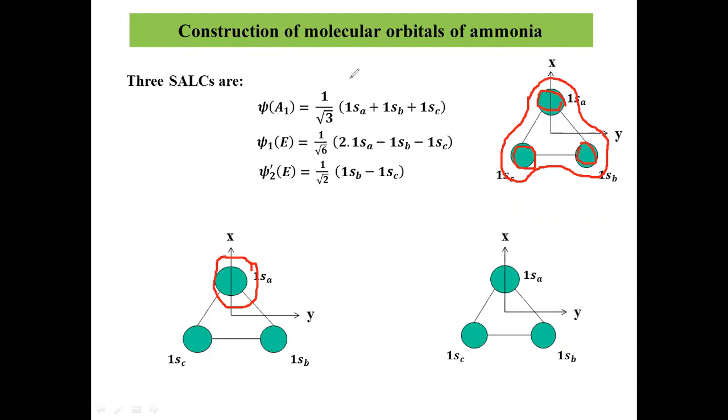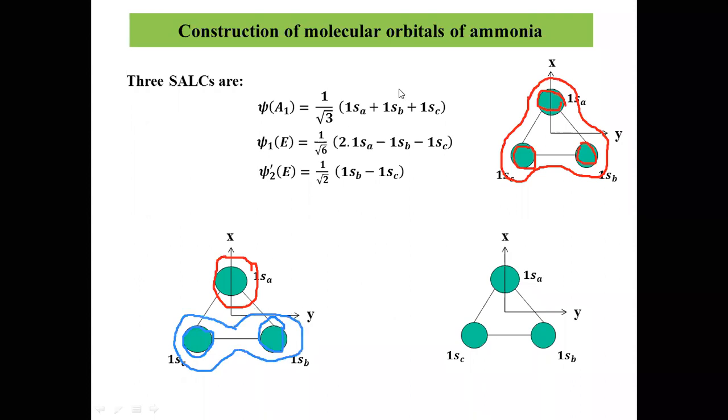So let me draw that in a different color, let's say blue. So this is 1s B, this is 1s C, right? Now when they are in the same phase, they will have the build up combination between them. So resultant is going to be something like this,